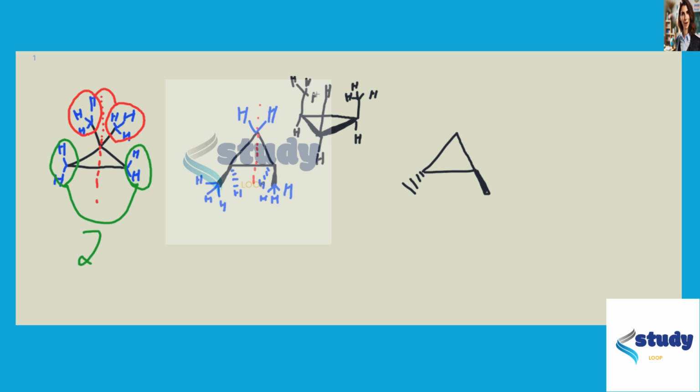So now what we see is that this proton here, that's on this carbon here, is cis to these methyl groups. So it's on the same side as these methyl groups. But this proton down here is trans to these methyl groups. So although we have an internal plane of symmetry here, and these two protons are bound